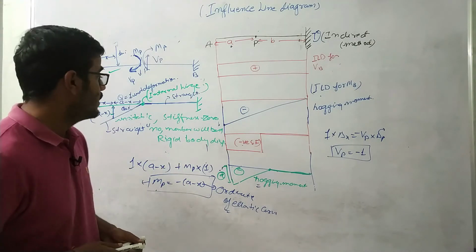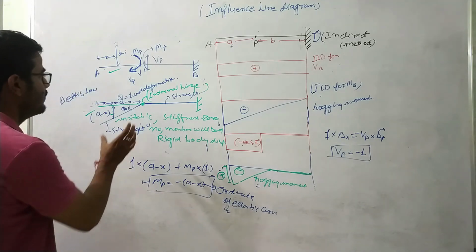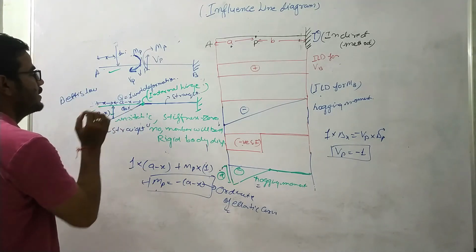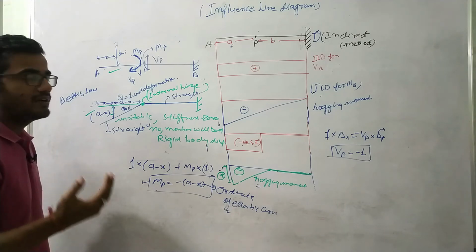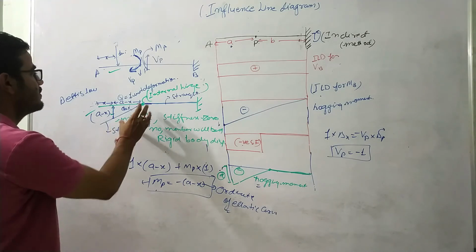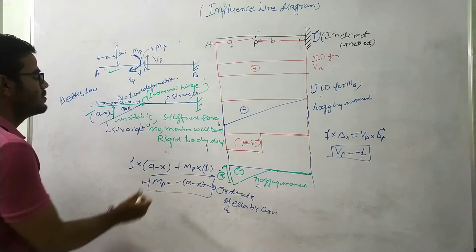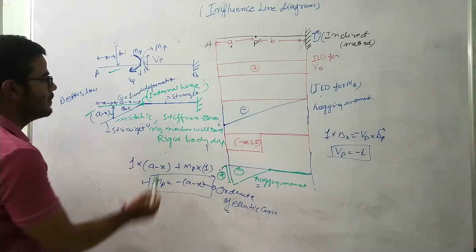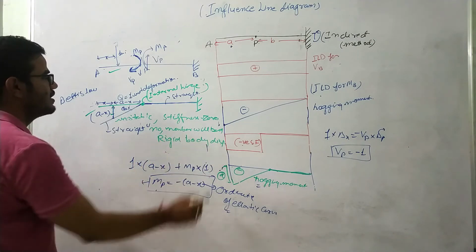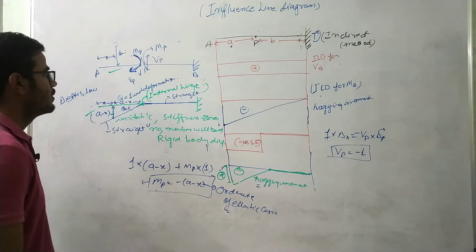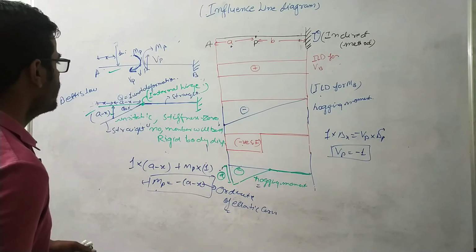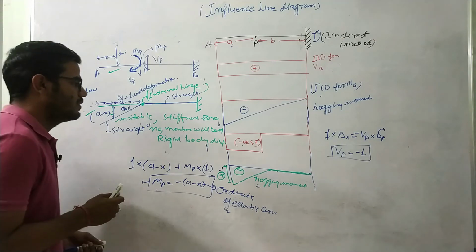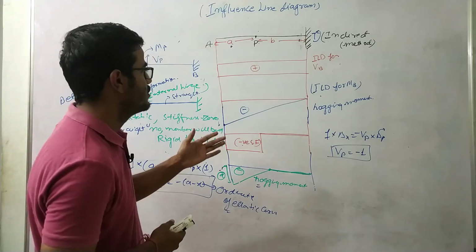One important thing we learned here is that when we release any component in a determinate structure, whether it is an internal force or external force, the structure becomes unstable, which means its stiffness will be zero, and there will only be rigid body displacements. So this is the easiest problem which we have discussed.